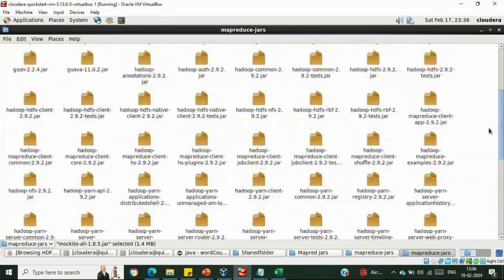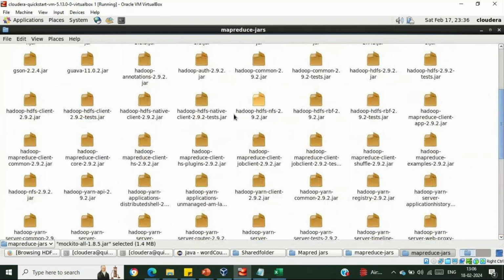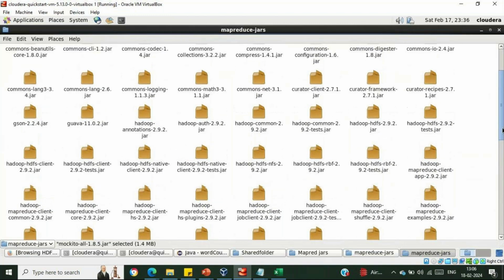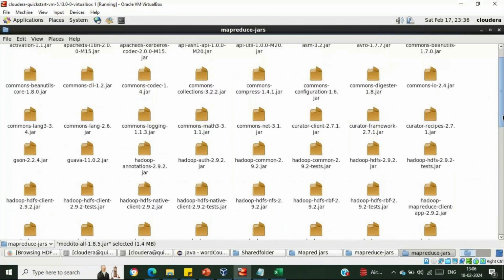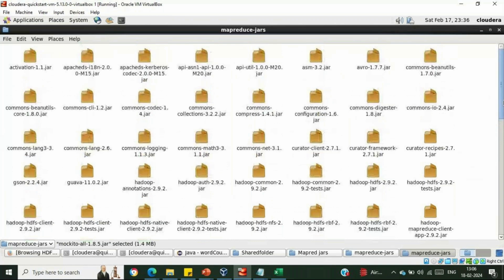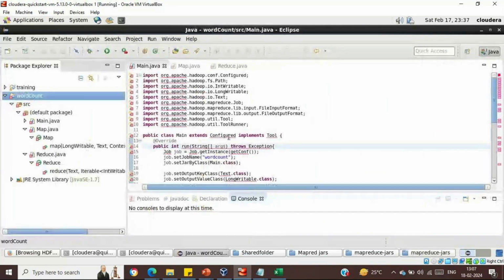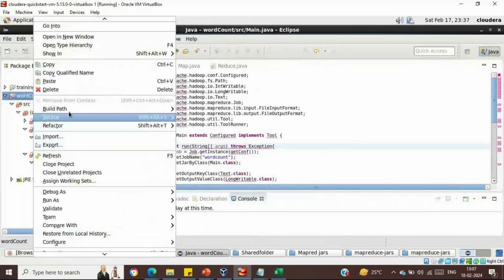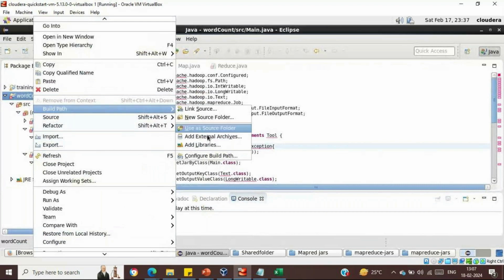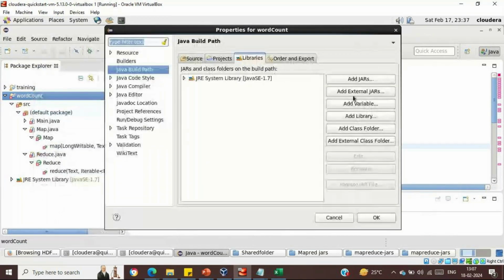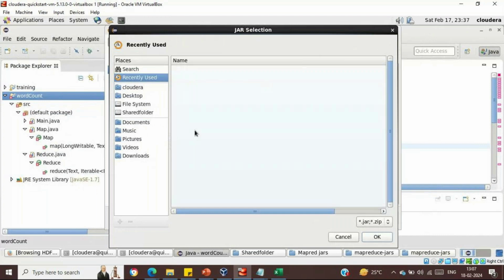Hadoop, HDFS, NFS, these are the jar files which will be utilized in order to work with Hadoop in the Eclipse IDE. So I'm going to import all of these jars, and then you will see these errors will be gone. Let me click on build path, then configure build path, add external jars, and now